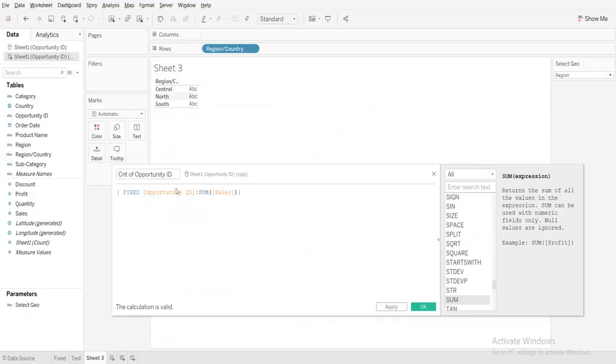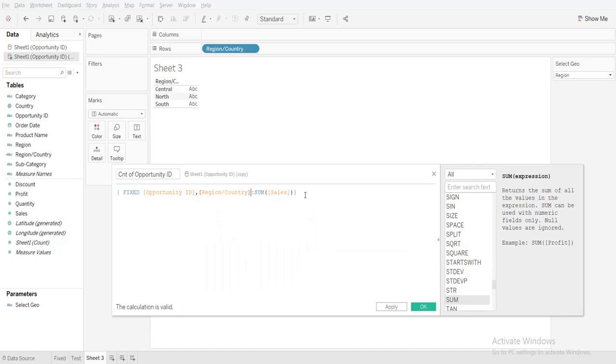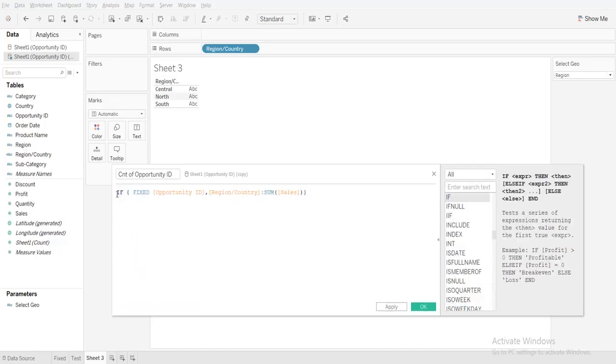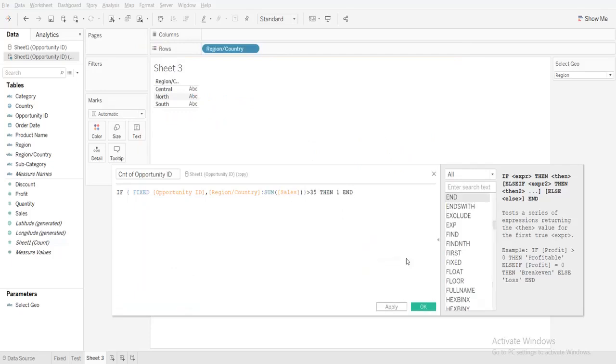Okay. So another thing I'm going to do is fix this region and country also. So now I'm going to write if this is greater than 35, then 1, end.